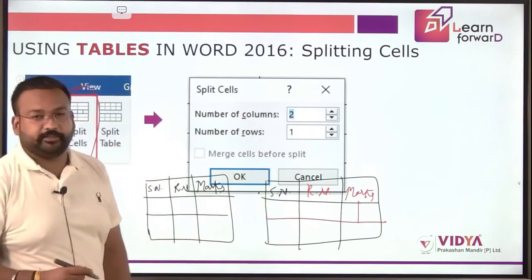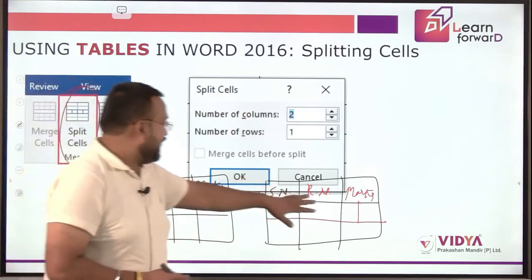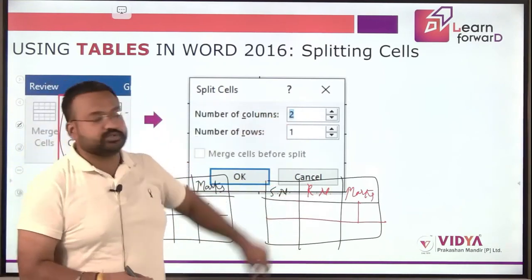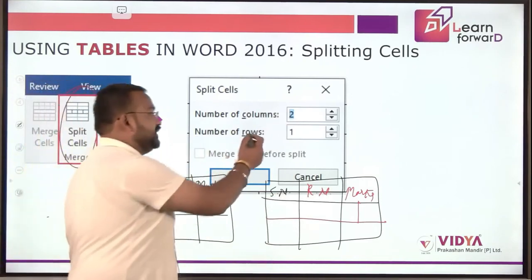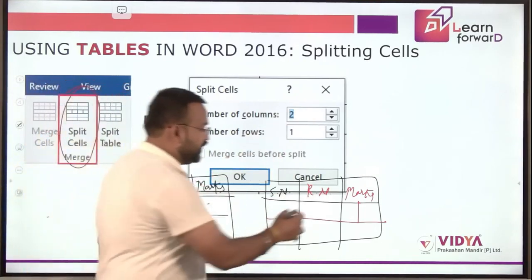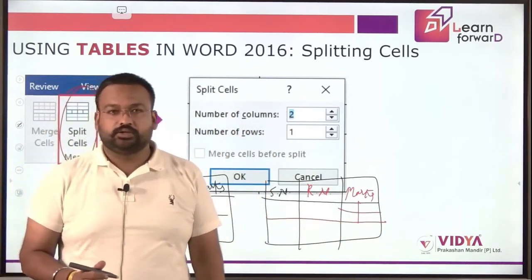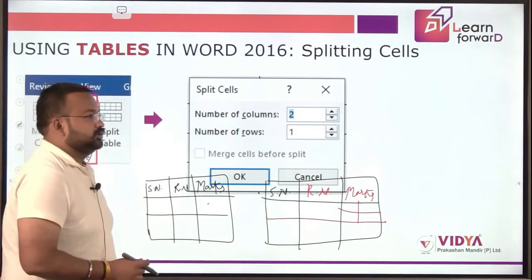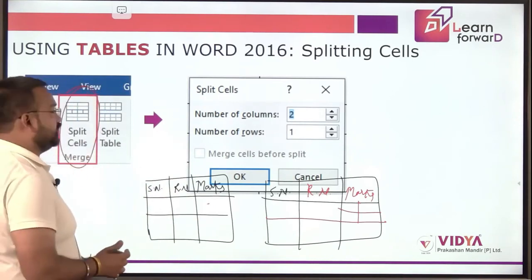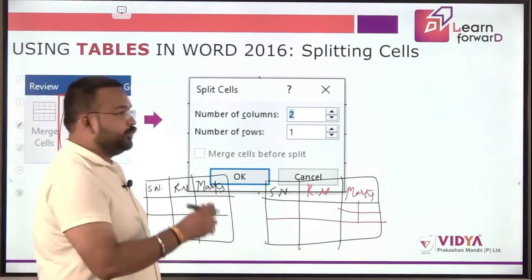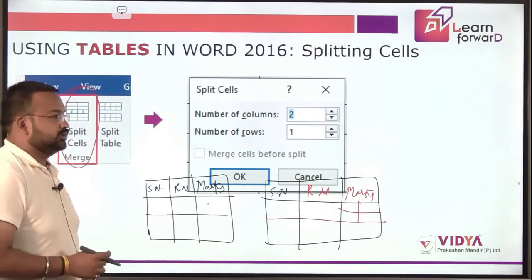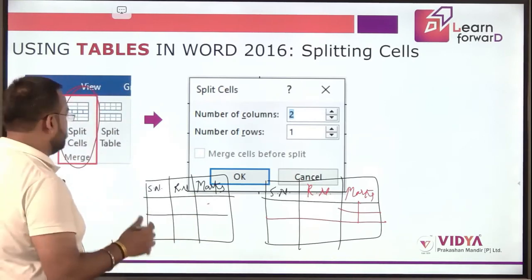So now my table will look like this, because I have split this cell into 2 columns and 1 row. If I had selected 2 rows and 2 columns, then 1 more row would have been created. Okay. Great. So I hope it is clear to Mukul and Rohit. Good. So let's move to the next slide.